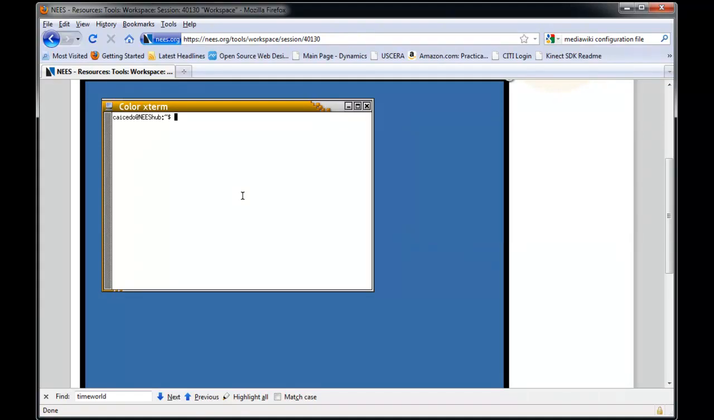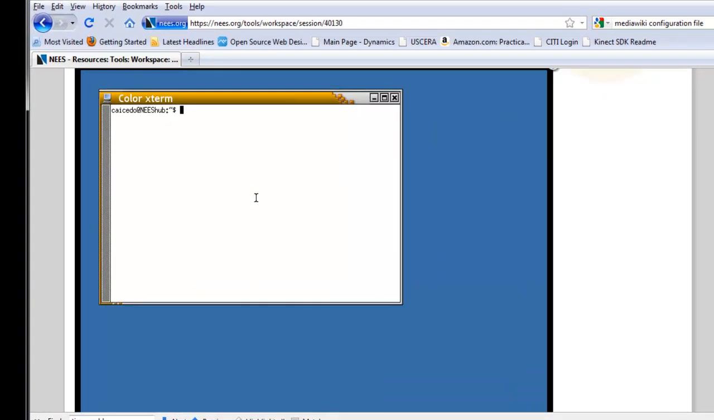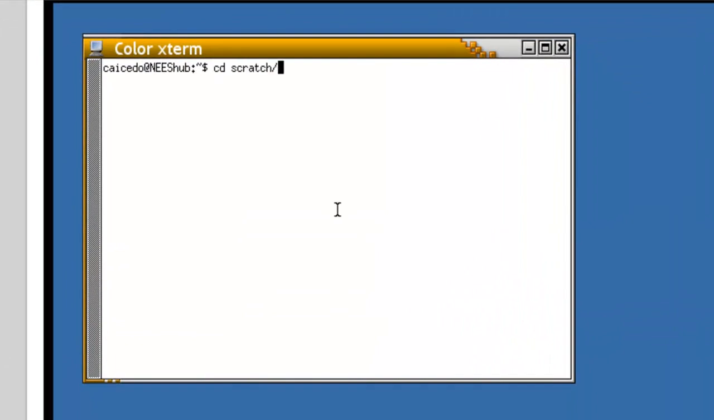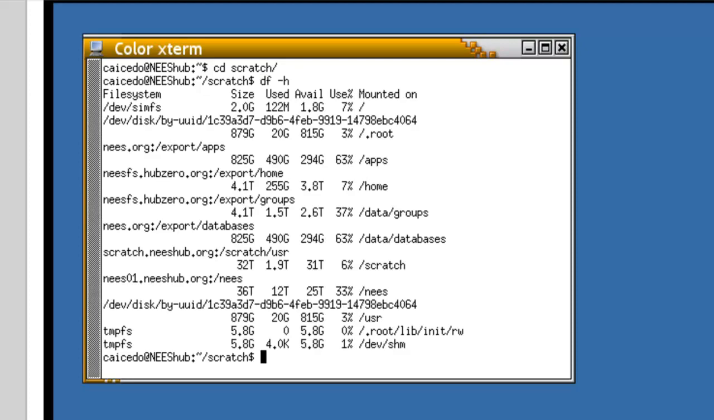Now that I'm in the workspace, I have the files uploaded. I'm going to go to something that is called the Scratch directory, and that Scratch directory has a lot of disk space available to do simulations. If you look at the amount of disk space there are about 32 terabytes, and only about 6% are used right now. And there is a script that keeps cleaning this workspace, so users have enough space to run big